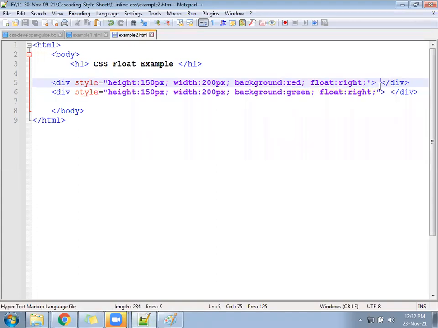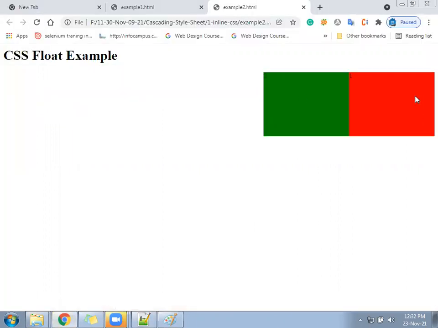Suppose you wrote 1 here and 2 here. Now what will be the output? First will be 1 on the right side, second will be 2. On the right side 1 and here 2.